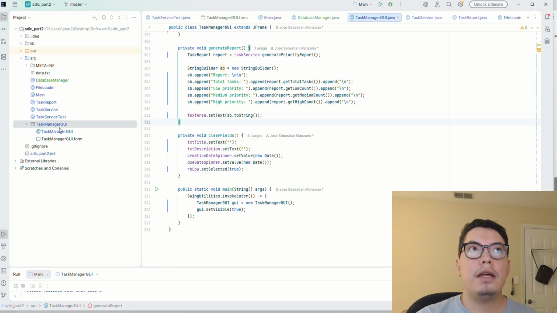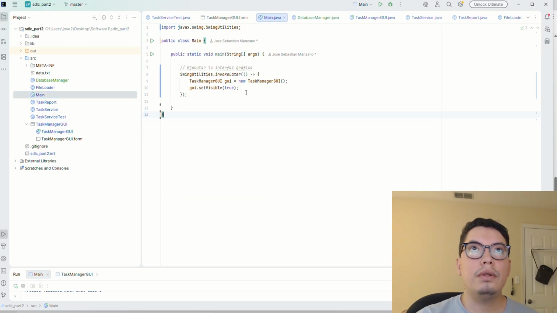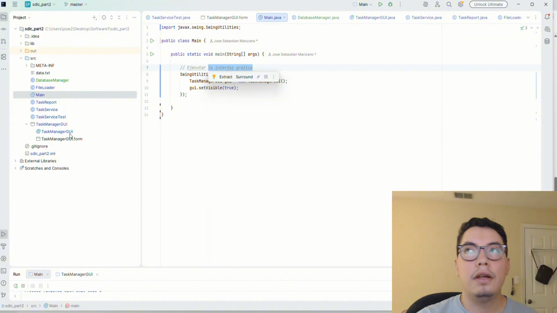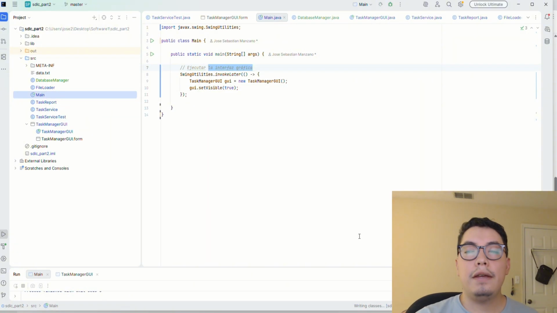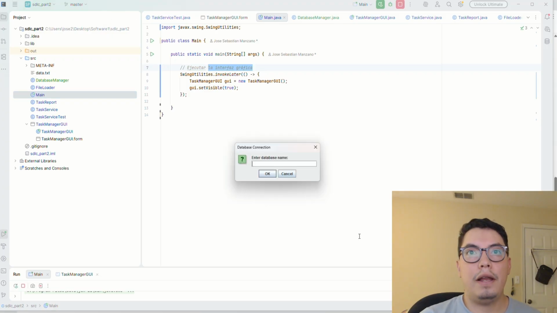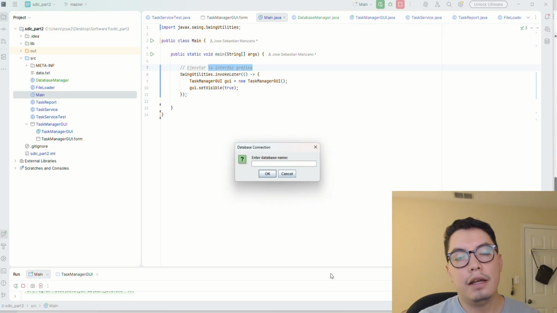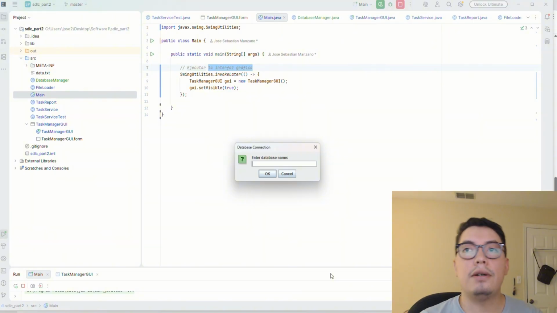I have here my main code. So this I call to my GUI. So let's run it and let me show you real quick. Instead of looking for the file, the direction or the root of the file, users have to put the name of the database,